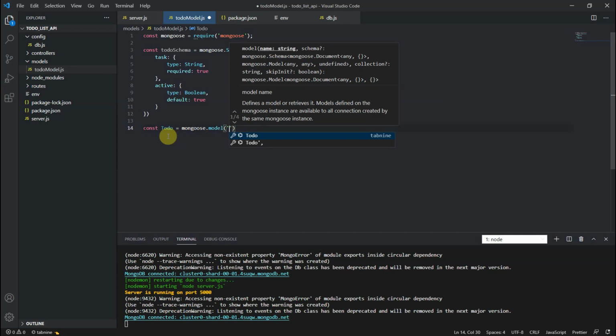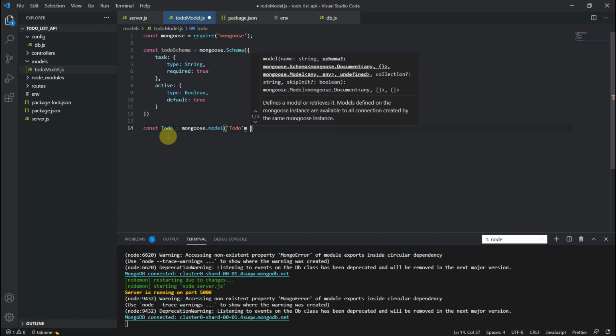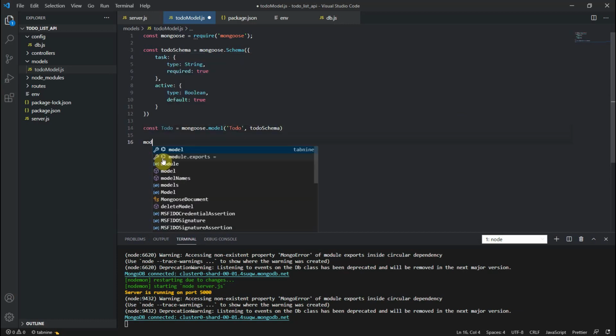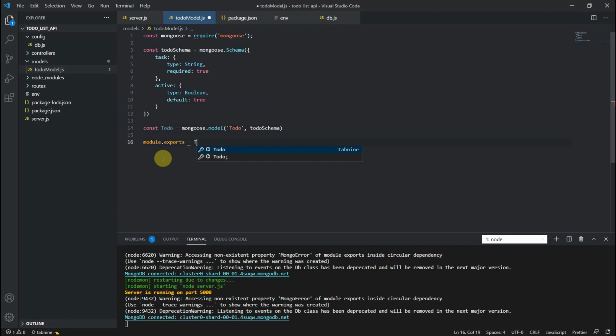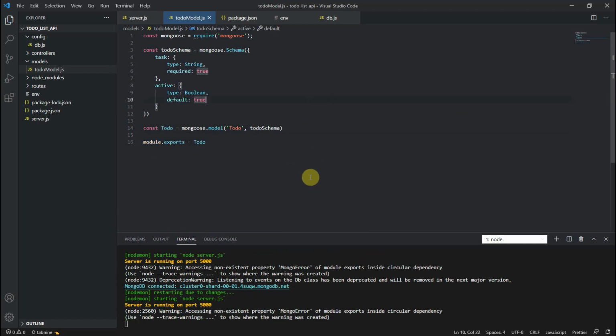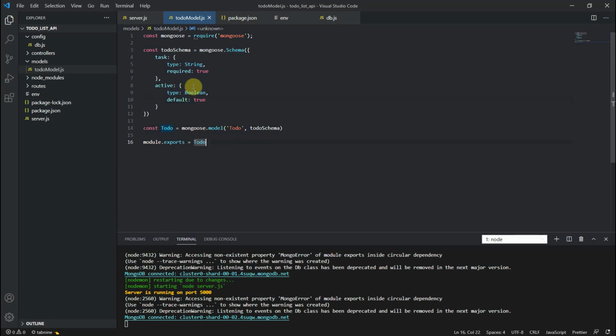So we don't call it a table, we call it a collection. So the collection name is todo, and the next parameter should be that schema. Then module.exports. Okay, so our model is ready.